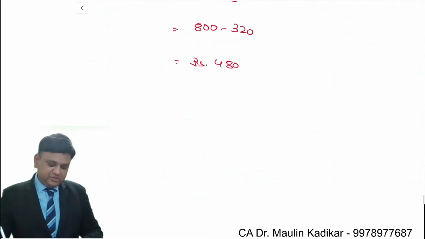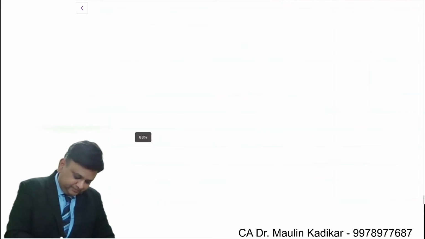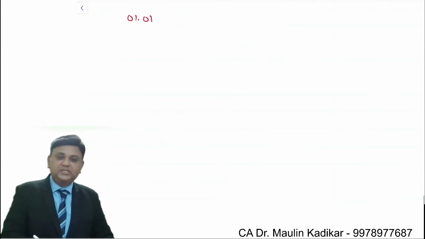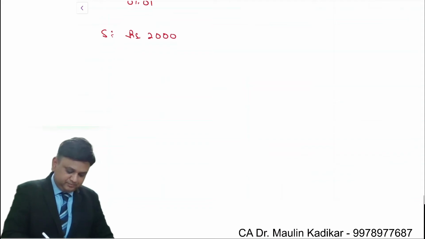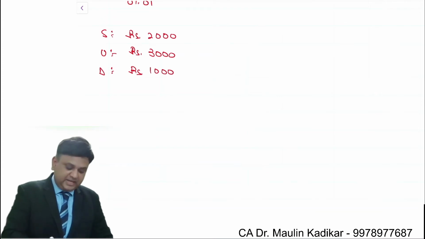Now understanding the derivation of the hedge ratio, understand carefully. Today's date is 1st of January. Spot price of the equity share is 2000. Market price of the security may increase up to rupees 3000, but it may decrease down to rupees 1000. Exercise price is rupees 2200. The time period of option is 1 year.